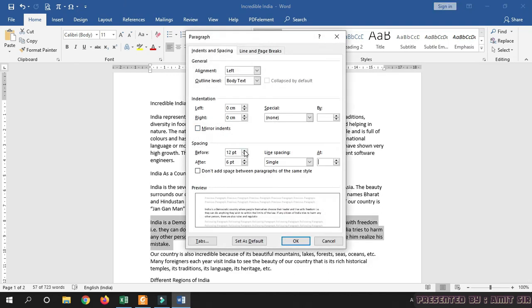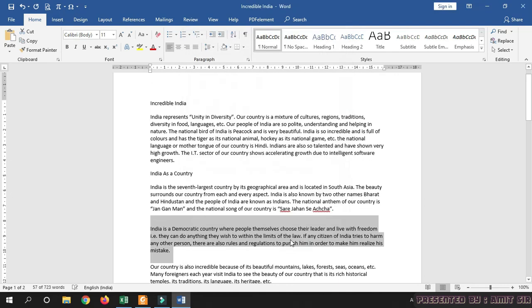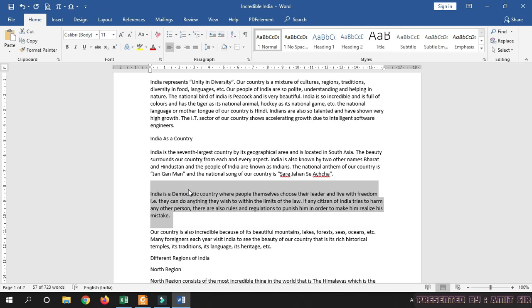Let's make before 24 and after 18. So you can see it makes a space of 24 points just after the last paragraph and also makes a space of 18 points from the next paragraph.